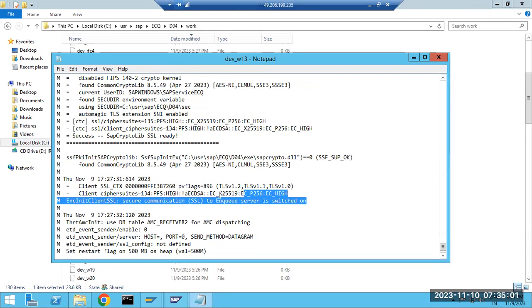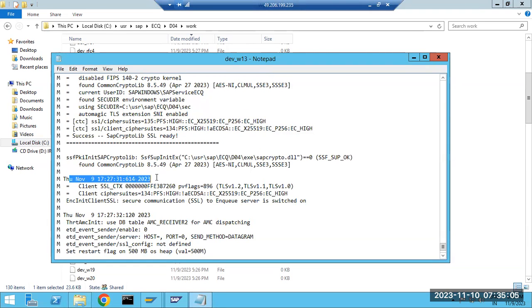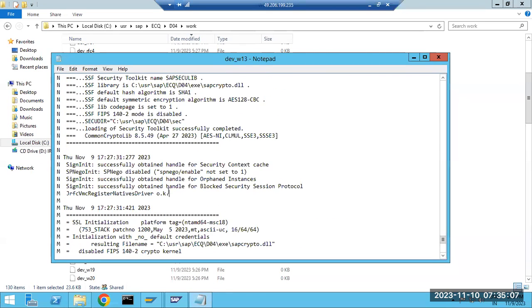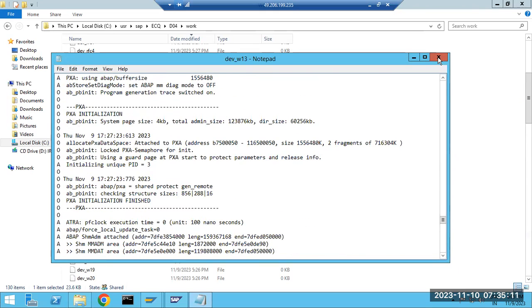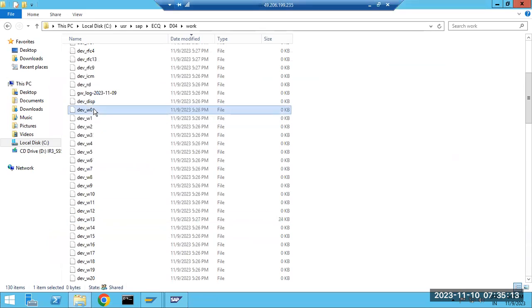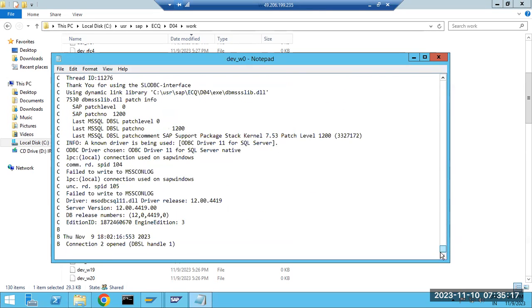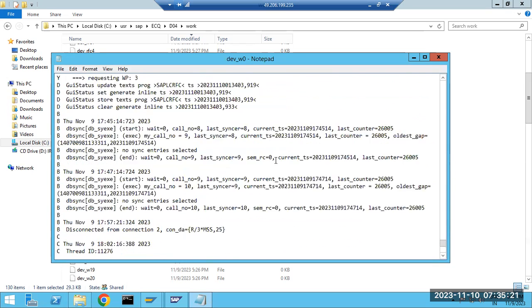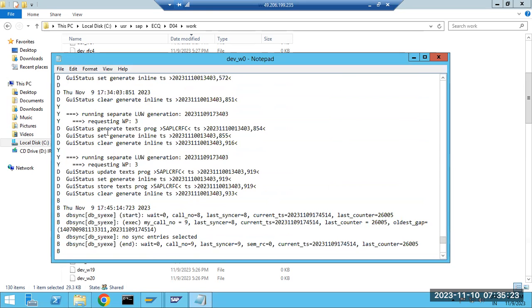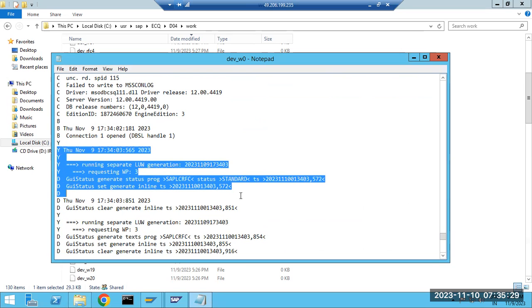All the information will be displayed timestamp-wise. What is happening? Are there any errors here? It will clearly show the error message here. If you see the work process, it will show the messages here, right? So if you scroll down, are there any errors? By checking these log files, we need to find out exactly at what timestamp you got the error.